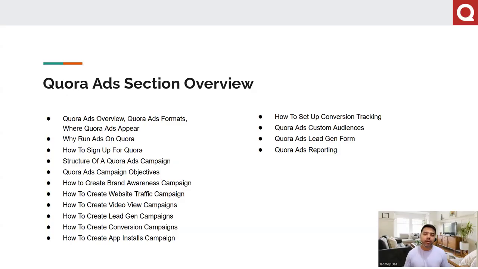And then we'll see what custom audiences you can create on Quora ads as well, how you can create lead gen forms, and how you can do reporting, which is data analysis on Quora ads. I hope by the end of this section, you understand how to use Quora ads effectively, practically for yourself and